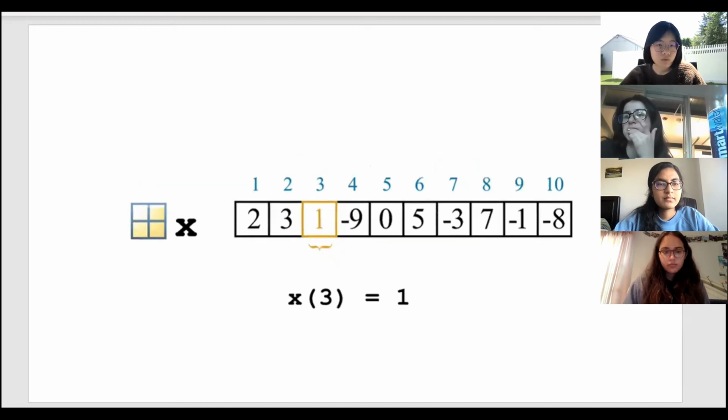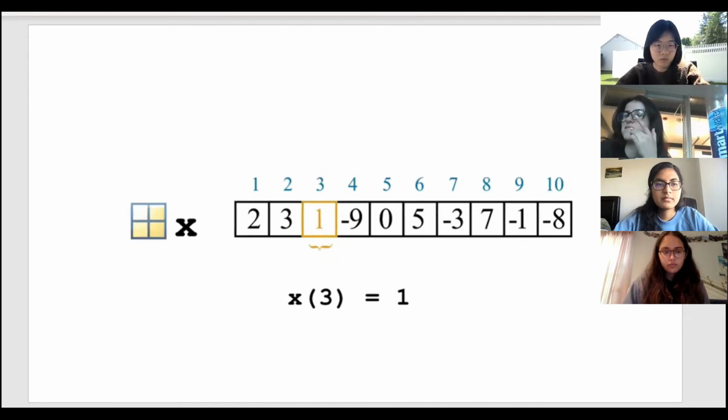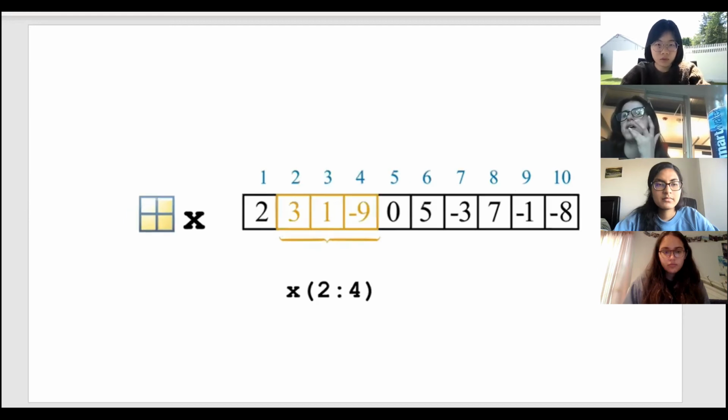If you know the position of an element, you can also modify its value directly. So in this case, for example, here we had 6, but now we don't want 6 anymore, and so we can change it with the value of 1. So name of the vector, position, and you access these elements, and then you substitute it with 1. You can also extract a range of values by expressing the first and the last position of your range